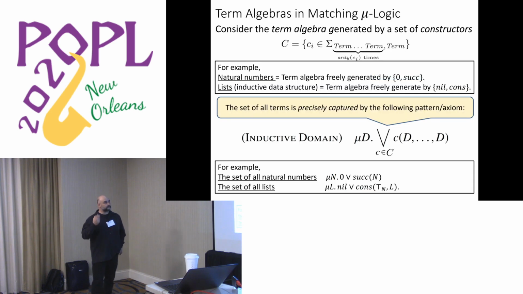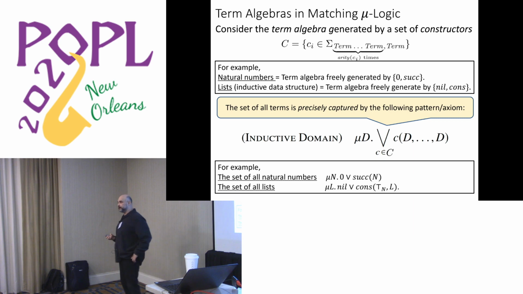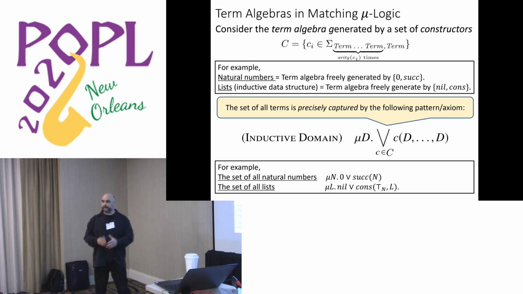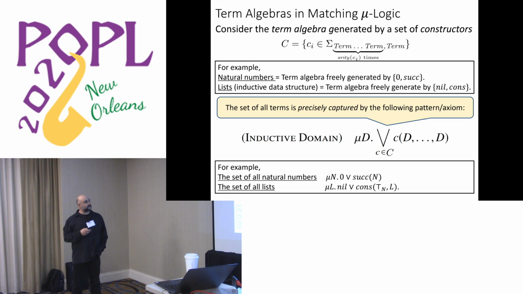All right. What could be more interesting is that you can define actually term algebras, and this way initial models, up to an isomorphism, not up to elementary equivalence, but exactly. You can define the exact model. And you can use mu here. Suppose that you have some constructors, and you want to define, let's say, natural numbers over those constructors, zero and successor, or lists over nil and cons. You can use mu, and it's a very simple definition.